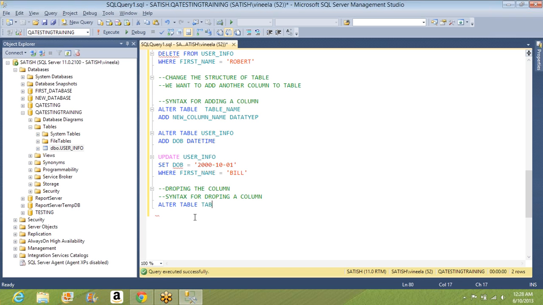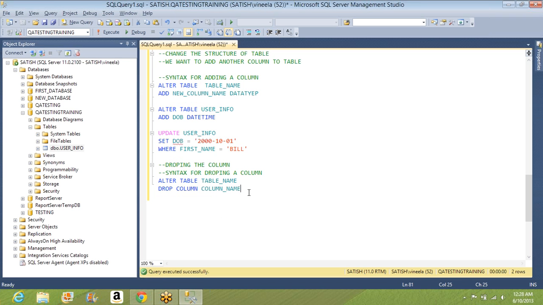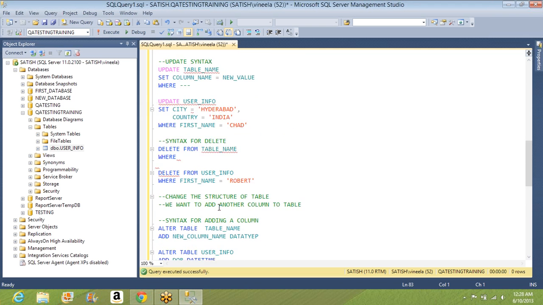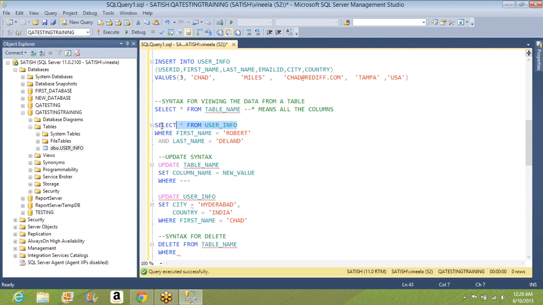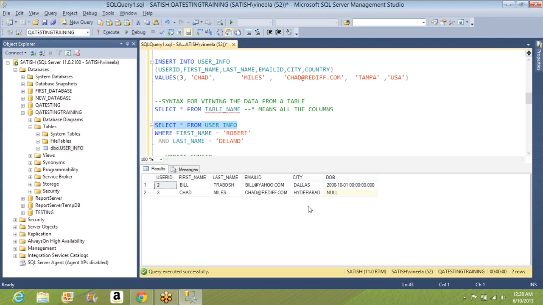So for that the syntax is alter table. We are changing the structure, right? Okay, so alter table and table name, and then drop column name. Okay, so that's the syntax. So if we want to drop that column, let's say alter table user information and drop column